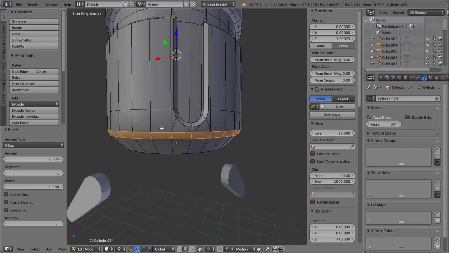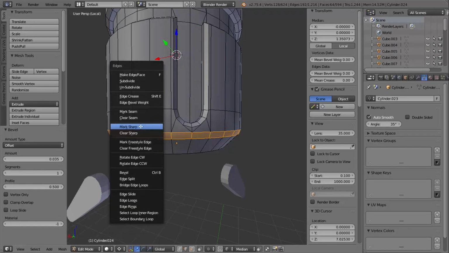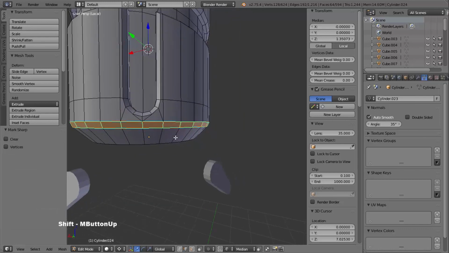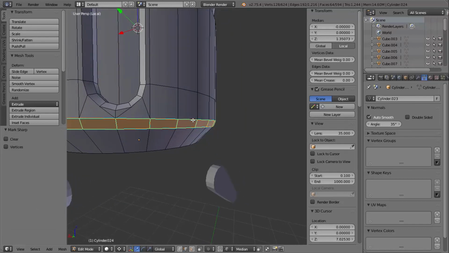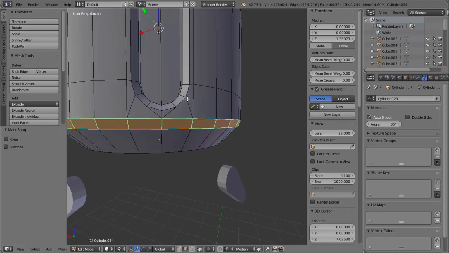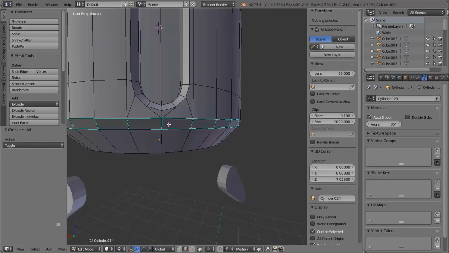Alright, for the next part I want to press Ctrl E and bring up the edge menu and mark those edges as sharp. And I actually only want the edge loops to be sharp. But sometimes in these situations it can be quicker to mark everything as sharp and then clear a sharp edge. It really depends on your preferences. But if I drop my selection,